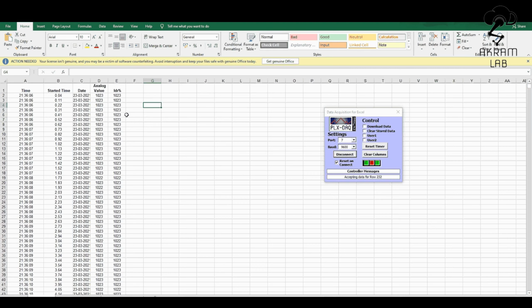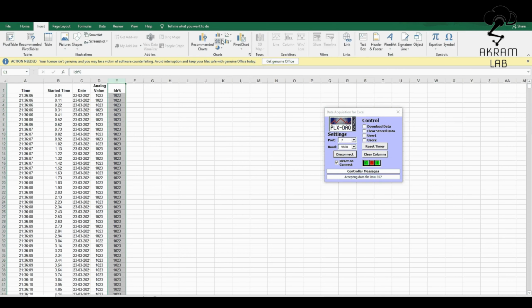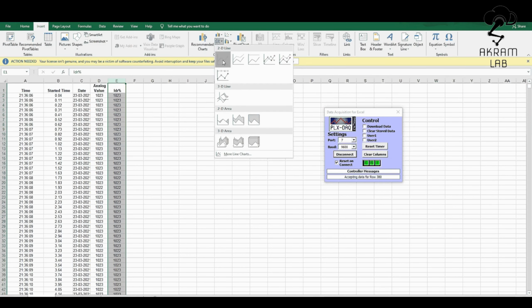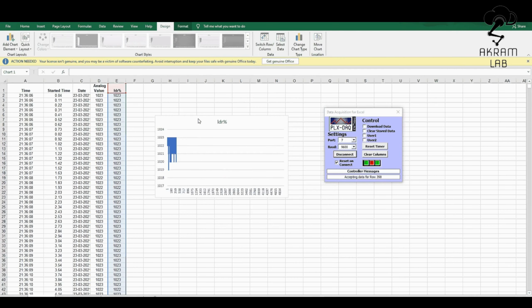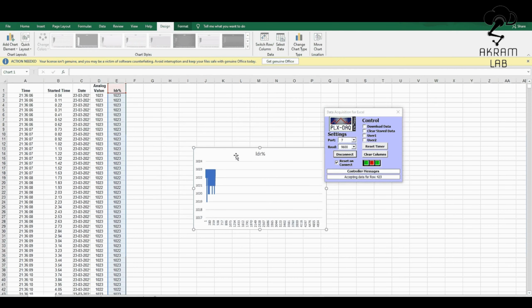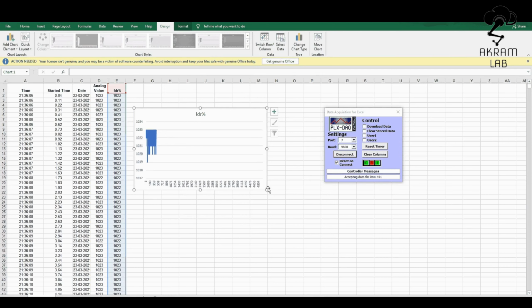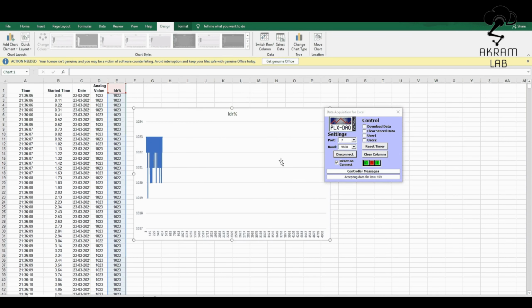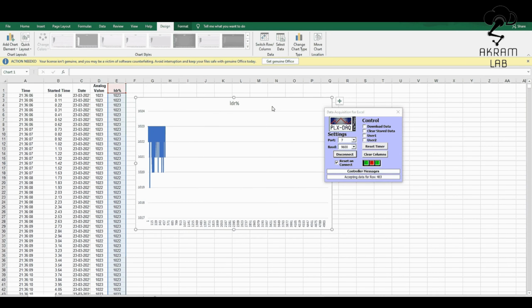Let's see if you also want to see the real-time graph. Let's select this whole column, go to Insert, and then select this. Here you can see that this graph is the real-time graph of the LDR analog data.